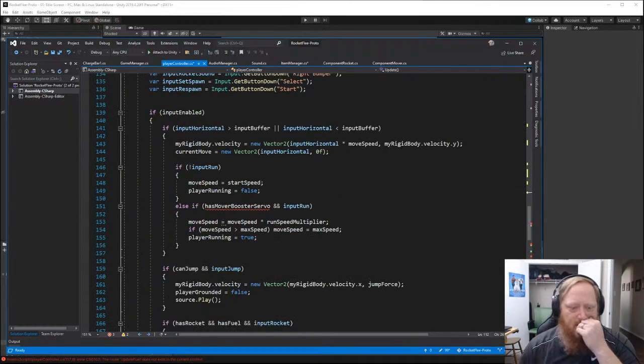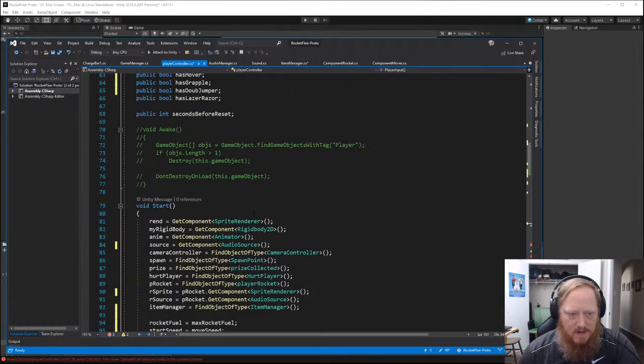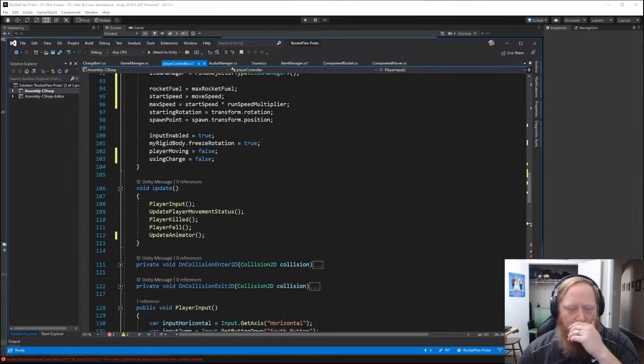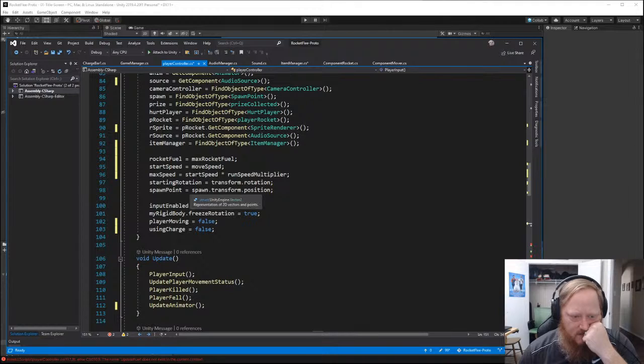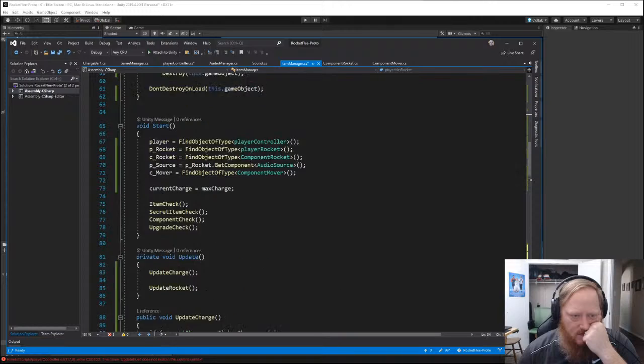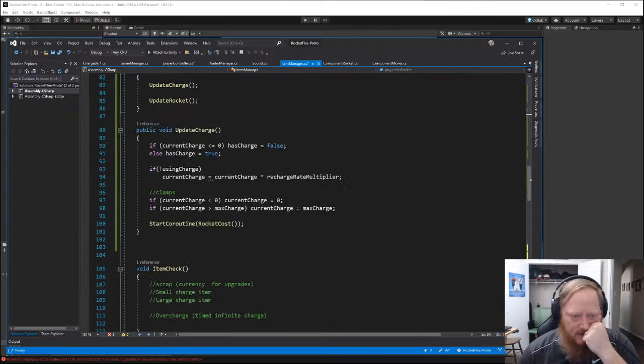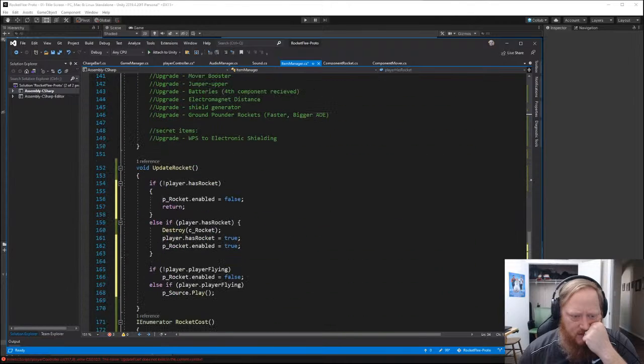So input. Else if has mover booster servo, and we're gonna call this mover, and has mover. Okay, has mover and input run. Okay, so I'm good with this. So I think we are going to need these ability flags. So whenever the item manager says, okay, update charge, then we're going to say update rocket. If player does not have rocket, and the rocket,